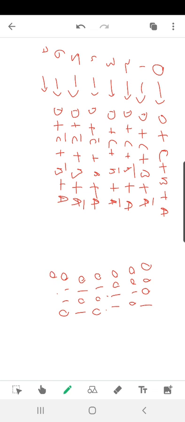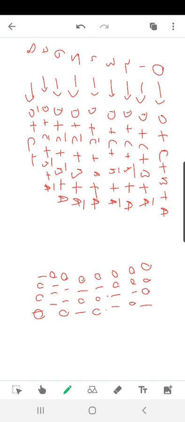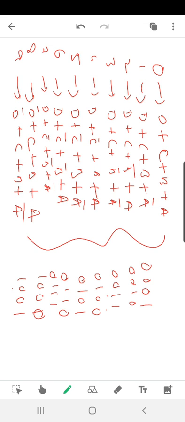7 is written as 0111. So A, B and C will be complemented: D plus C complement plus B complement plus A complement. 8 is written as 1001, sorry, it is written as 1000. So D will be complemented: D complement plus C plus B plus A. And 9 is written as 1001. A and D will be complemented: D complement plus C plus B plus A complement. So these will be our POS expressions for our BCD decoder.